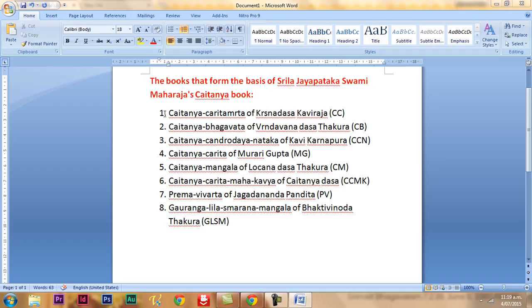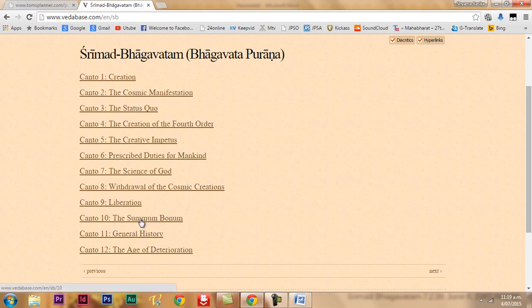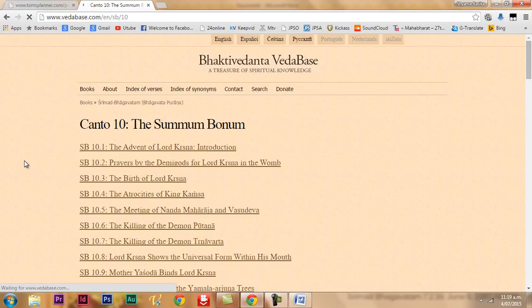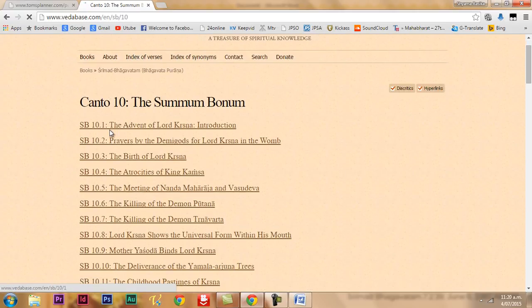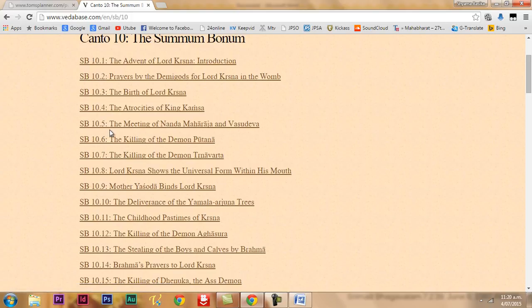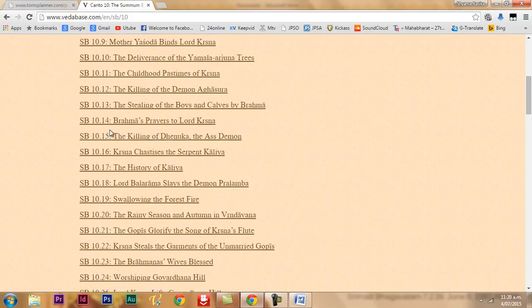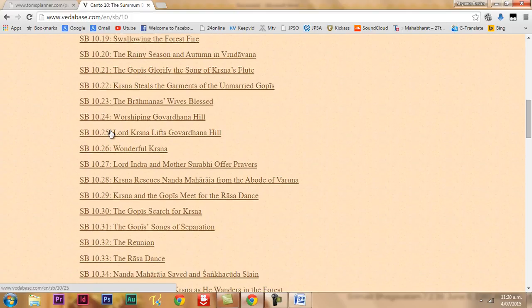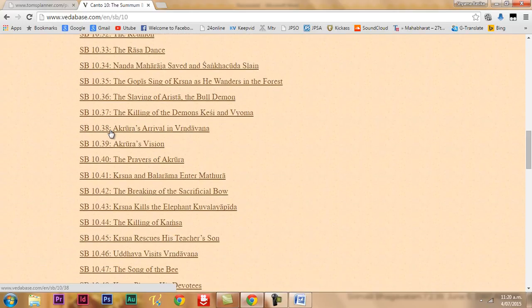Now, Chaitanya Charitamrita follows the chronology. But Chaitanya Bhagavat sometimes does not. Vrindavan Das Thakur sometimes does not do that. This is not unusual. Just like in the Srimad Bhagavatam, 10th canto, Lord Krishna's pastimes are presented by Srila Shukadeva Goswami. But some of these pastimes are not chronological. The Acharyas point out, Srila Sanatana Goswami has pointed it out.